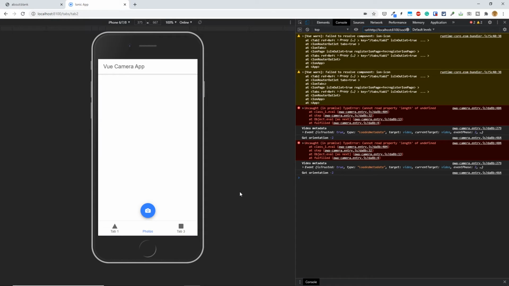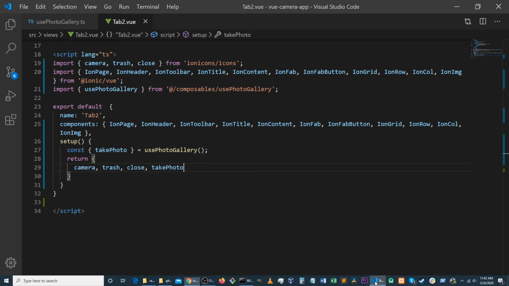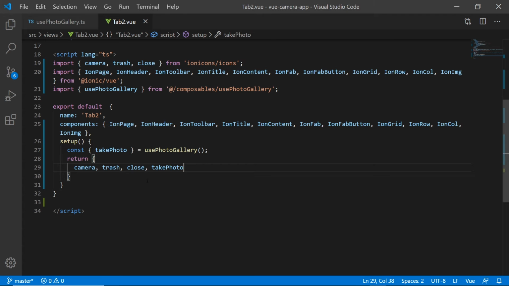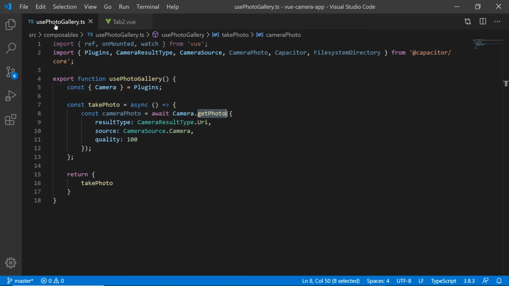And there we go. But as you can see, after taking a photo, it disappears right away. But we still need to display it within our app and save it for future access. So let's work on the code for doing just that. So let's go back to our code editor. And we're not going to be working in tab2.vue. We're going to be working in